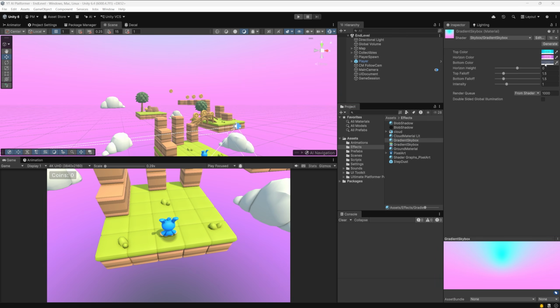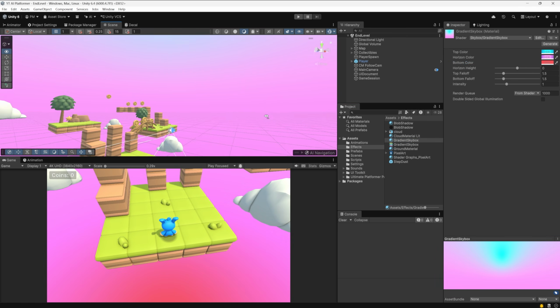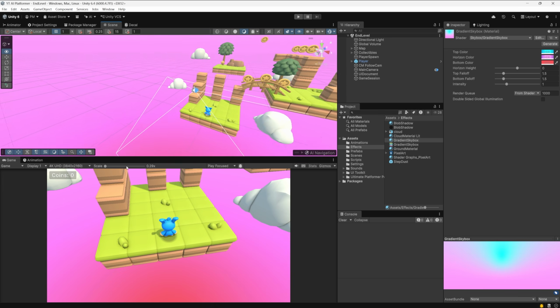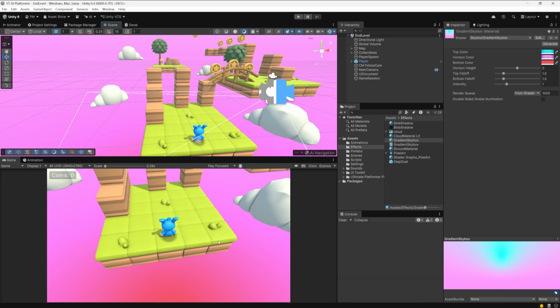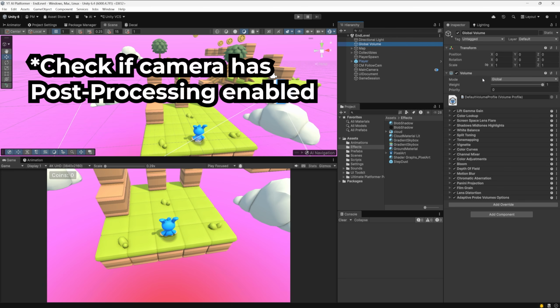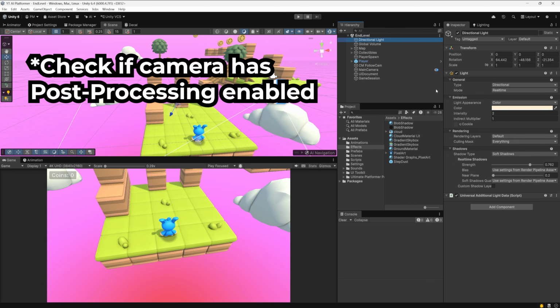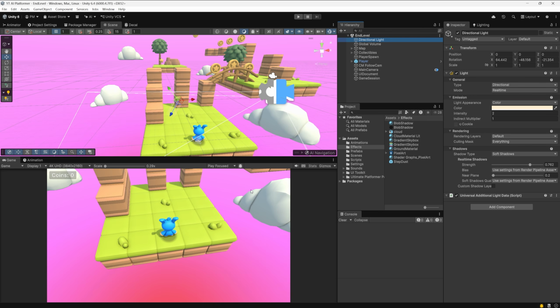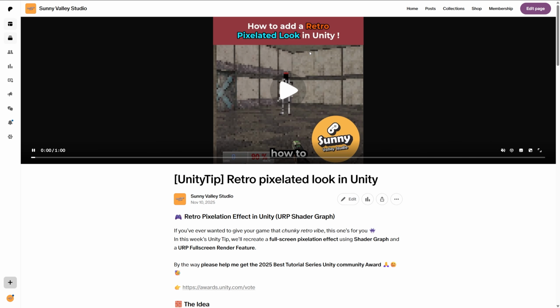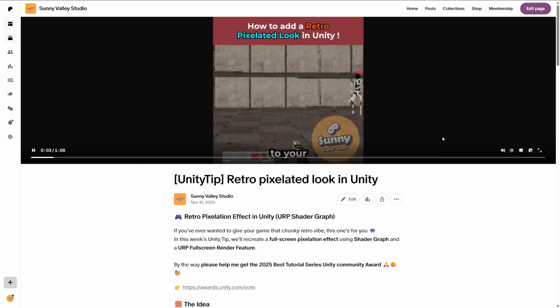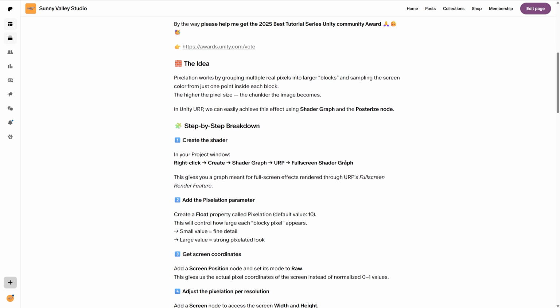Feel free to adjust the colors and the values. I want to have it a sort of pinkish color so it works well with my platforms. Feel free to play around with the global volume post processing and the lighting, but basically this is the look that I want. One more effect that we can add is this retro pixelated look using the full screen shader